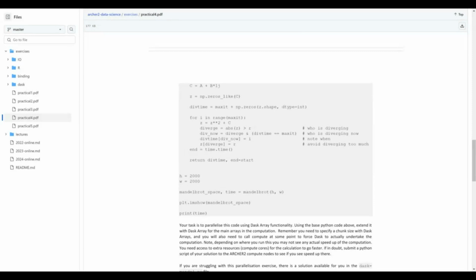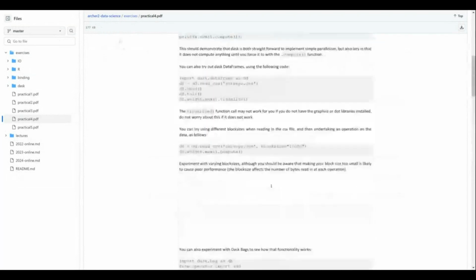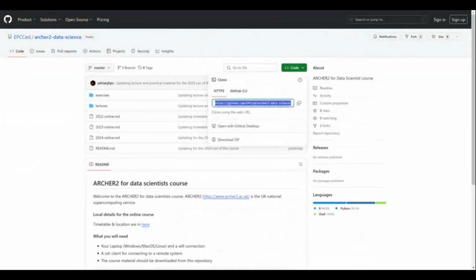Hi, so if you're asking, do you have a place where we can just copy the source code from? Two ways you can do this. One is you can just clone the repository onto ARCHER2. So if you just run this command in your terminal and in your work file, it will get you that code. If you'd rather just copy it from somewhere local, then